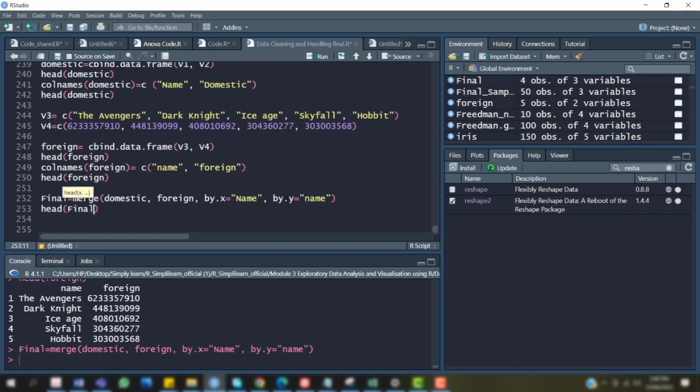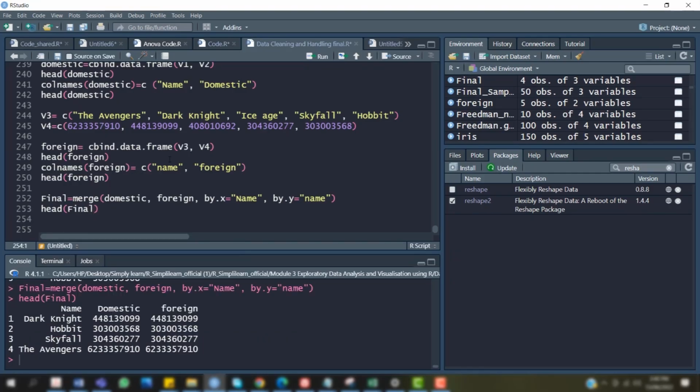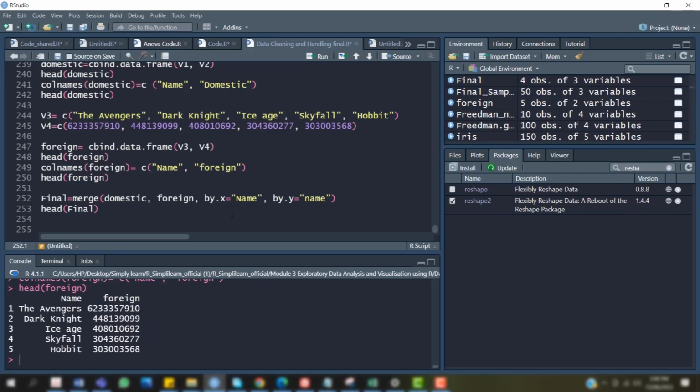Now, this is a rather difficult case here. To make it more simple, it is always advisable to use the same syntax. So like this, capital Name again. And if I do that, now the name is the same in foreign, so I need not give the second thing. I can simply put it like this. If I would have written it like this, capital Name, I'll execute this.